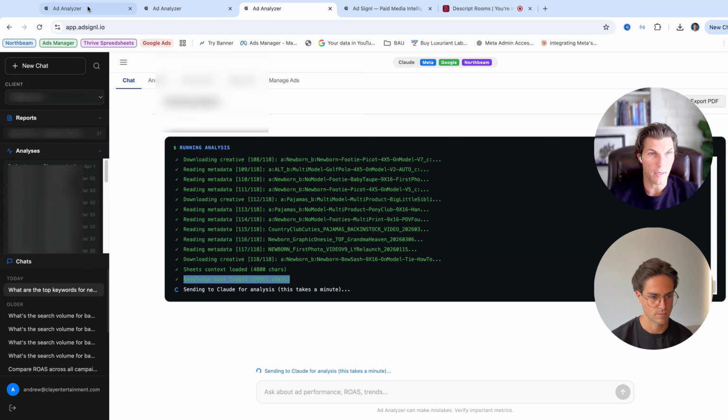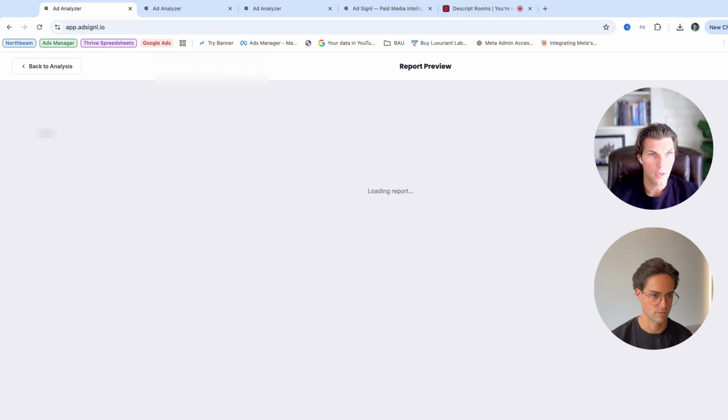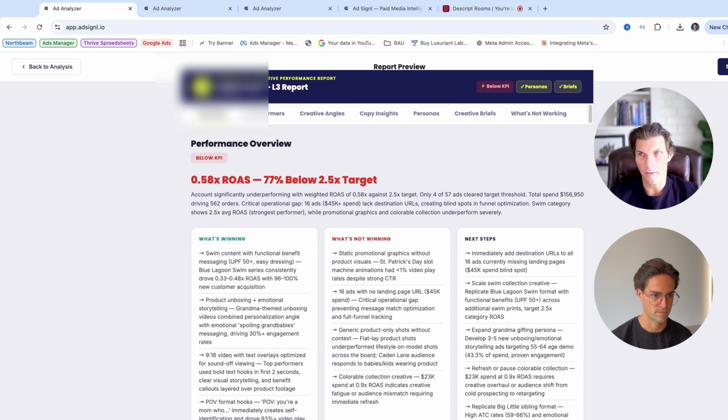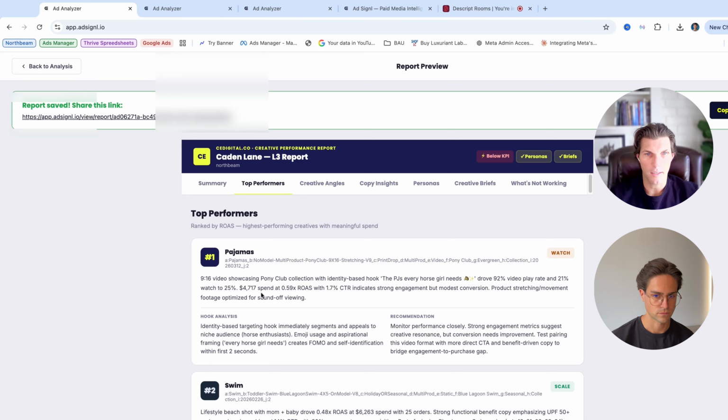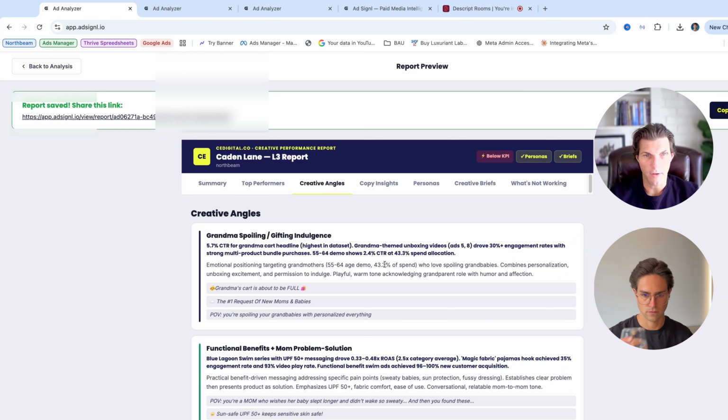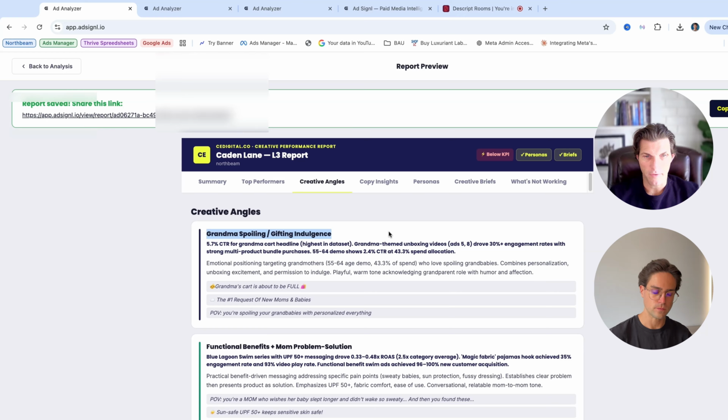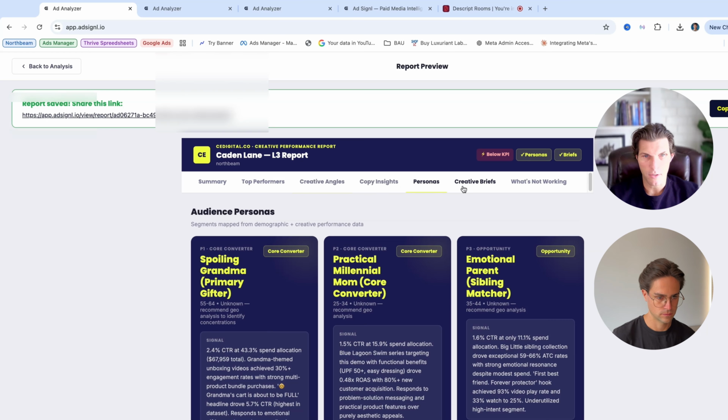And that's where it gets really fun, because we could go down the rabbit hole to ultimately getting reports that are very shareable for creative teams or the clients on top performing ads, creative angles. This is one that continually comes up for this brand: copy insights, personas. The other thing is, because it's customized for clients, these personas are not just invented by Claude. This is coming out of a spreadsheet with a lot of work that we've done over the years on persona